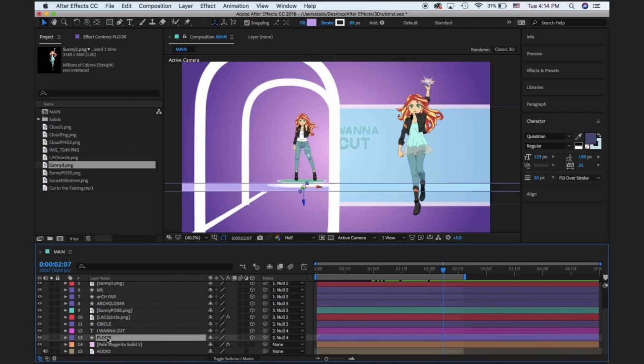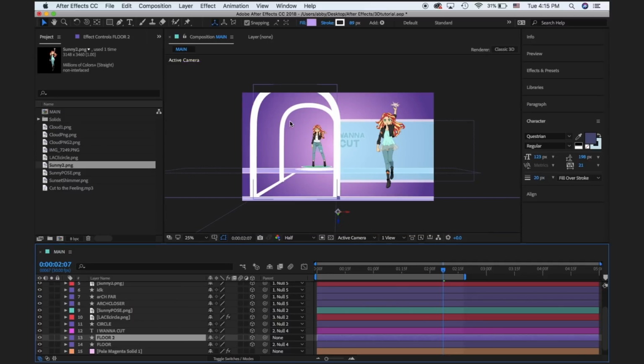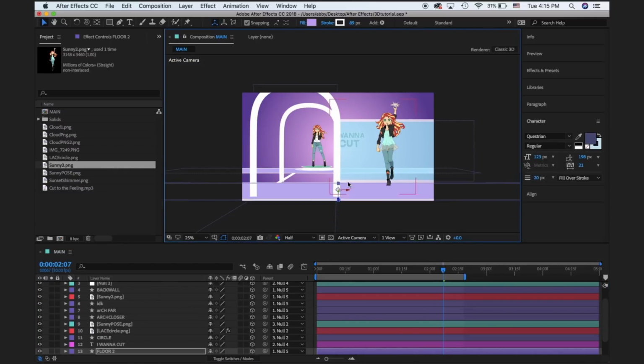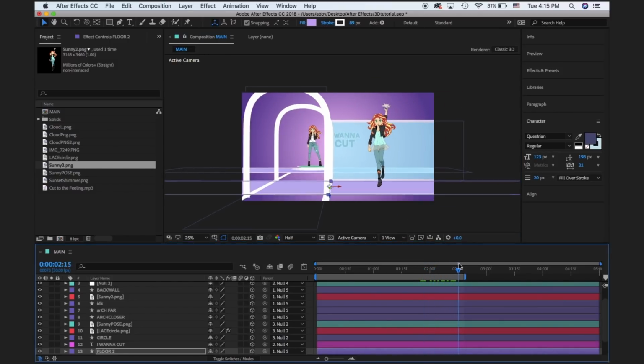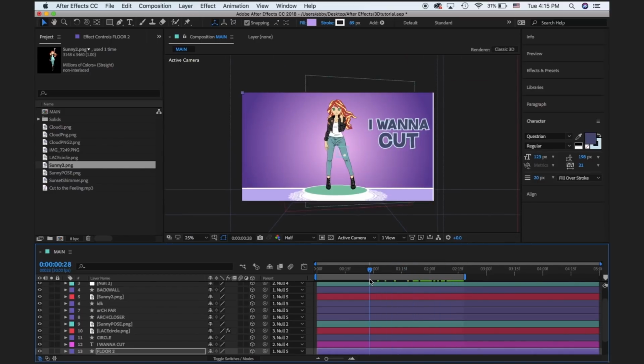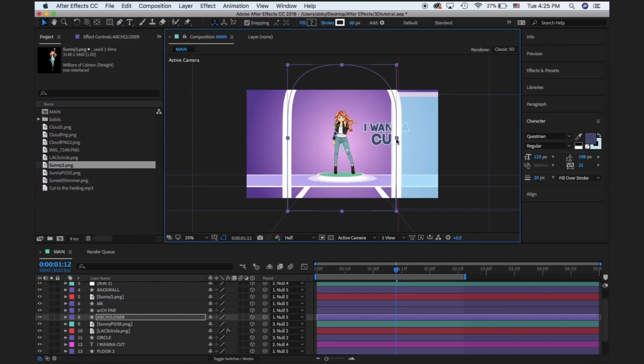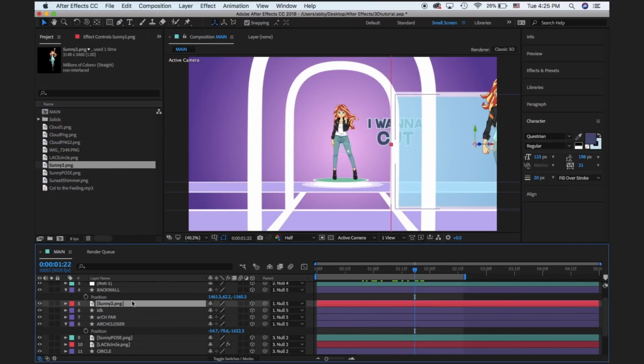We're going to duplicate the first floor and move it to a new position. Some adjustments may need to be made until you're happy with how your 3D scene looks.